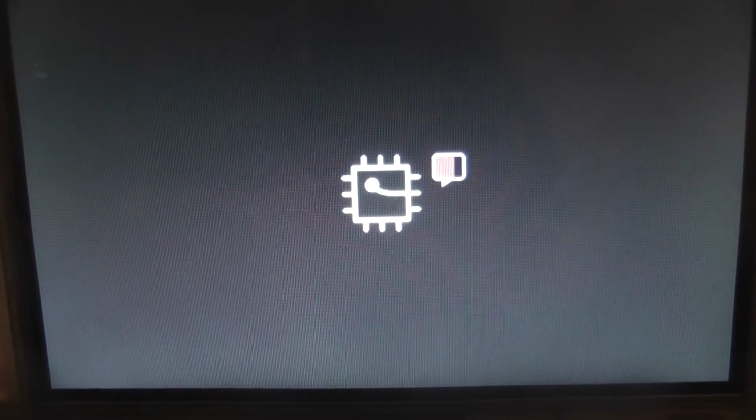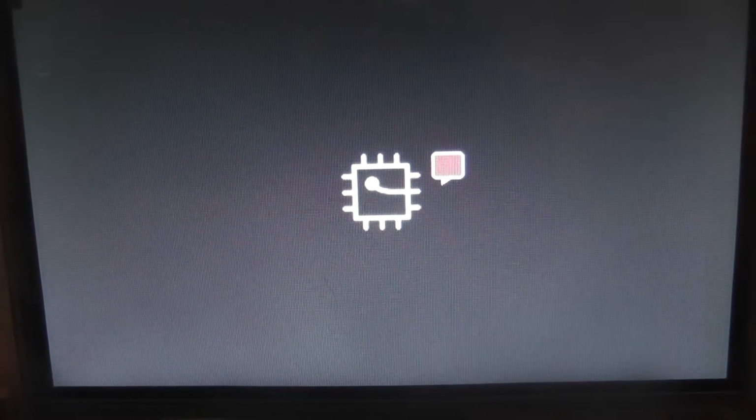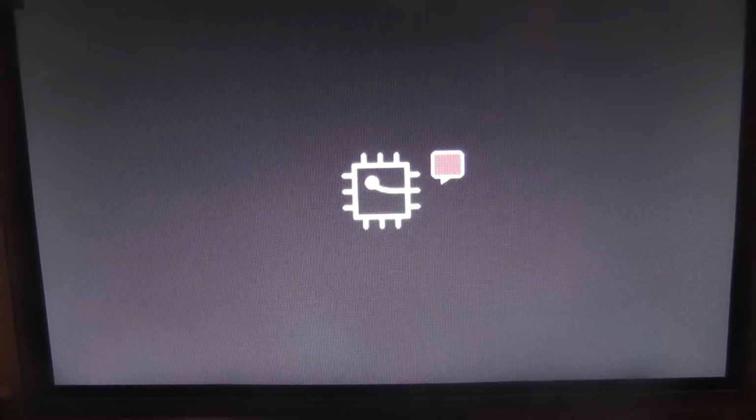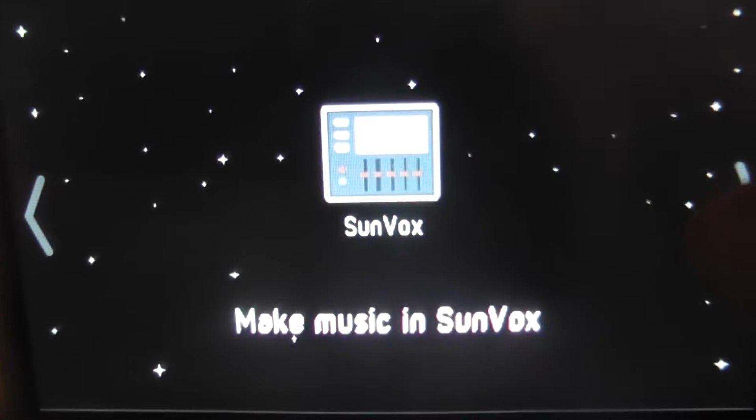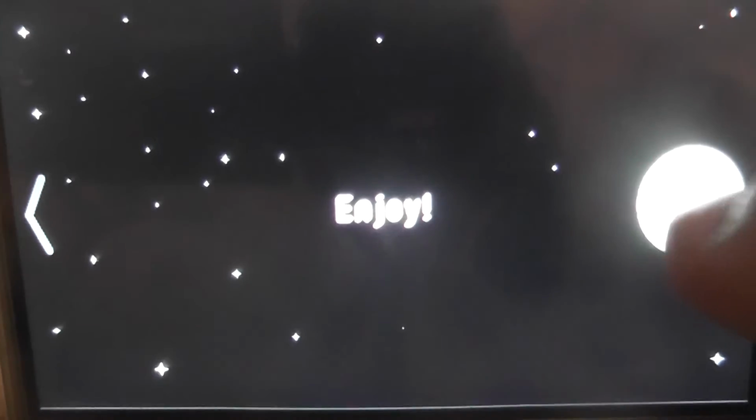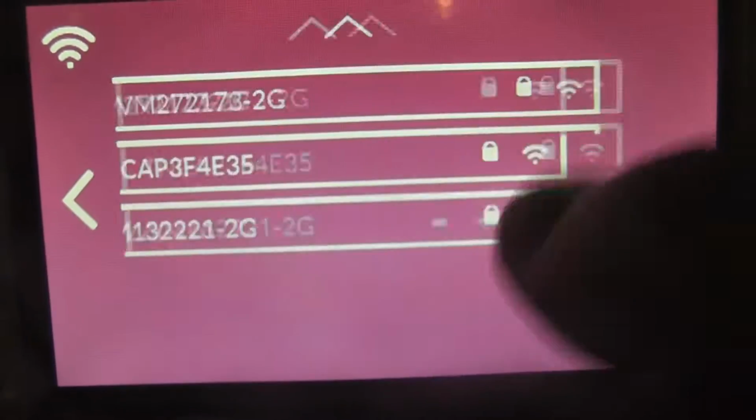Wow, the screen's doing some weird stuff. Ooh. Spinny. And once we've booted her up, hopefully the M button with the function will now work. Again, it takes a little time to reboot, and we're back to the tutorial stage. I haven't switched it off because we've just flashed, so oh, go away. I don't know what we're doing now, but it's annoying me. Right, so we should be connected to the internet, but we're not connected for some reason, so we're going to have to go and reconnect. We're connected. Go back into the terminal, and now we need to type in